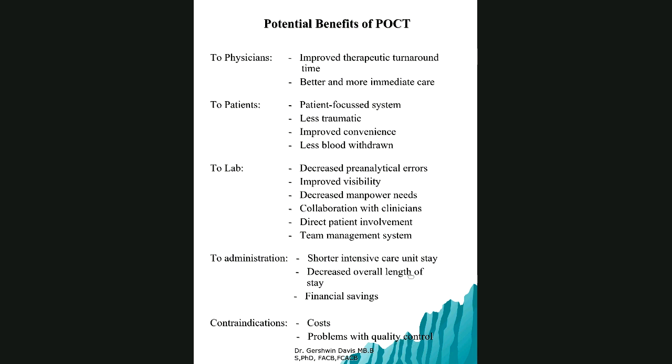One of the contraindications is also cost, meaning that cost may be high. Cost meaning cost of the equipment. If you have one piece of equipment doing 1 or 2 tests, then the cost is high, as against the larger equipment in the core lab, which can do many, many tests, and that brings down the cost. Okay, so there are 2 aspects of cost with respect to point of care. That's my last point this morning.